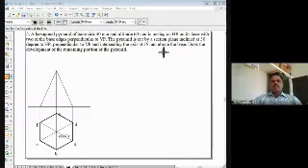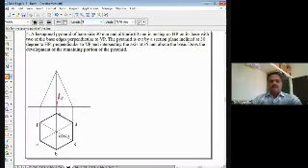And the section plane is there here. It is cut by a section plane, right? What is given here is it is cut by a section plane inclined at 30 degrees to HP, perpendicular to VP, intersecting the axis at a distance of 35 mm above the base. So from the base, that is along the axis from the base, measure 35 mm here. So 35 mm, 90 degree, and this is the point. Through this point, you have to draw a section plane.